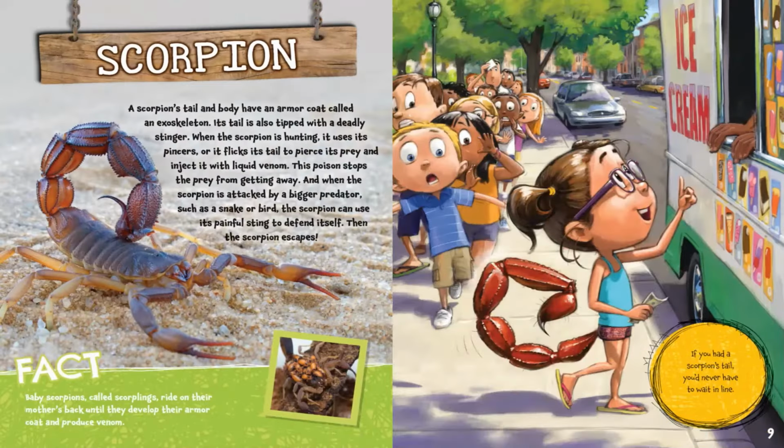Scorpion. A scorpion's tail and body have an armor coat called an exoskeleton. Its tail is also tipped with a deadly stinger. When the scorpion is hunting, it uses its pincers or it flicks its tail to pierce its prey and inject